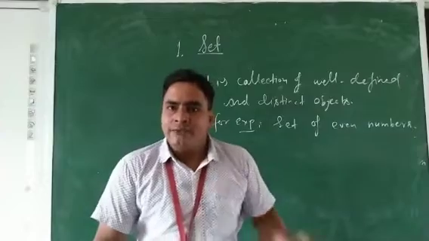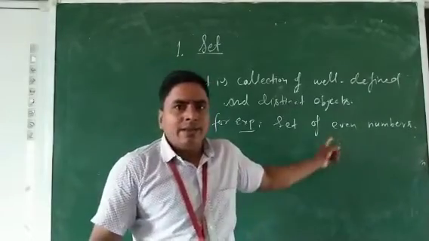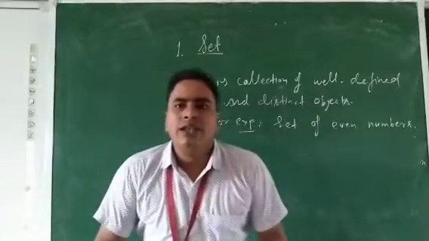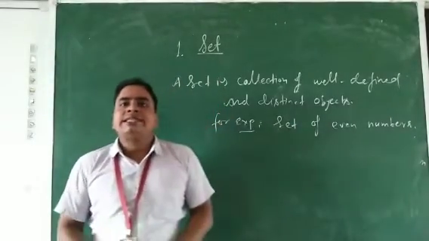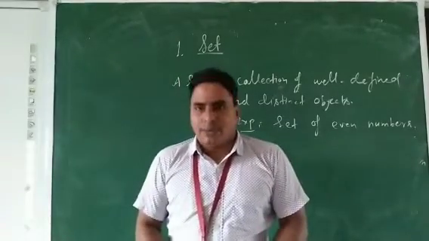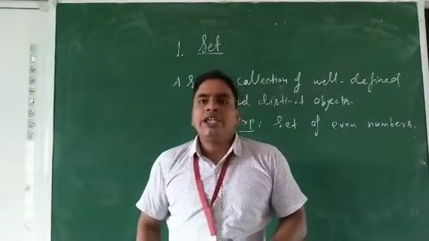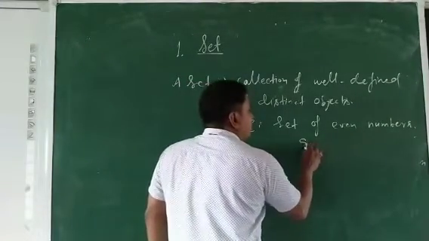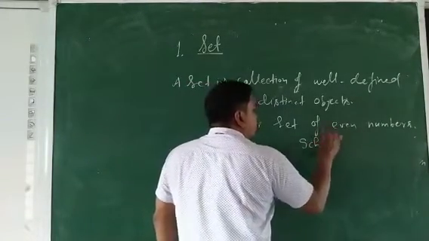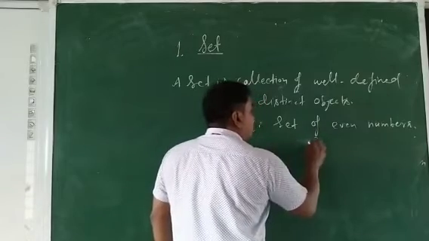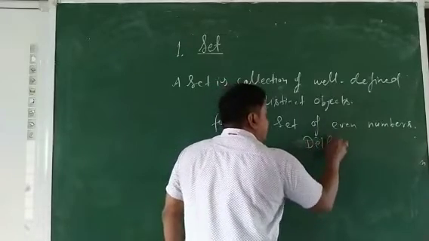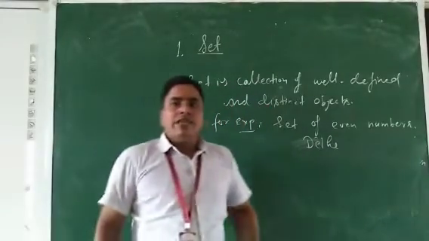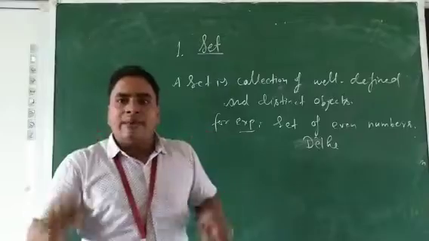It is already a well-defined set, because here the meaning of this particular sentence is clear. Set of even numbers. Same, we can say set of prime numbers, or set of the letters of the word Delhi. Clear? So we can represent this set within the bracket,